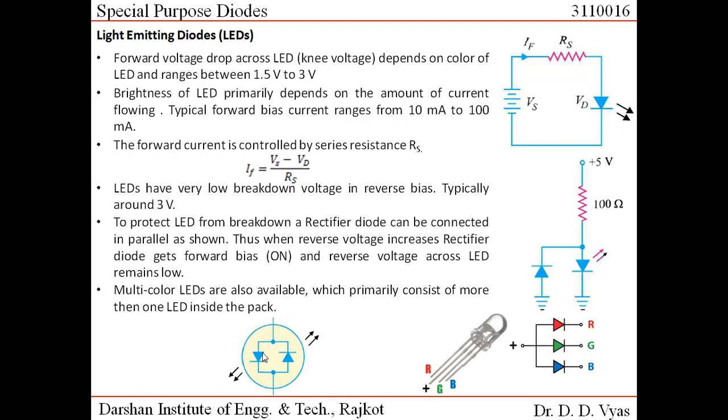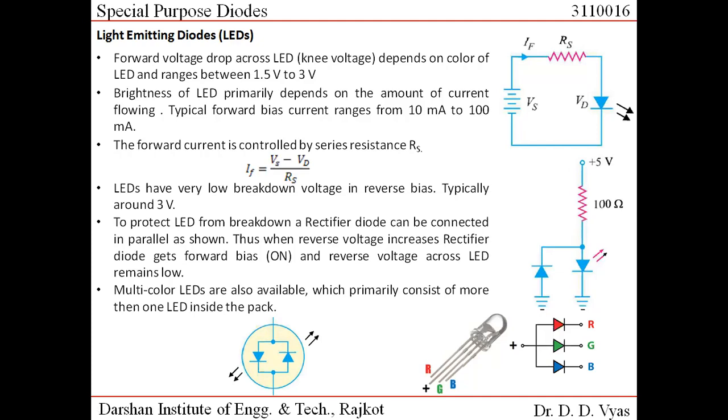One of the LEDs would conduct when this terminal is made positive and this terminal is made negative. That is, in one case this would be forward biased, and at that time this would be reverse biased. When the polarity of the applied voltage changes, this LED becomes forward biased and this LED becomes reverse biased. So when the current is flowing in this direction, this LED would glow, and this may be of one color, and when the current is flowing in this direction, this LED would glow, and this may be a different color. So in one pack, you have two LEDs of different colors.